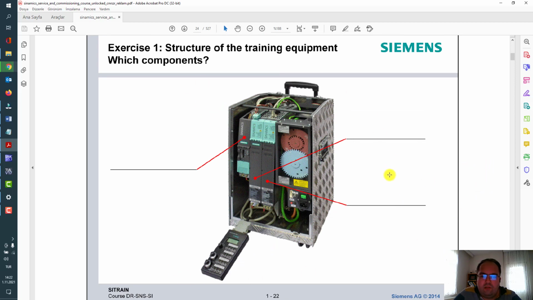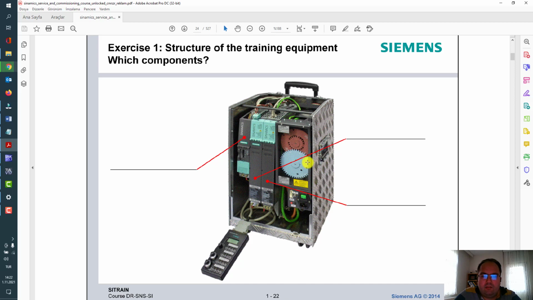There are some ready to use demo cases like this. From my point of view, it's useful to learn, and there is a hand terminal for digital input output and analog reference ports.